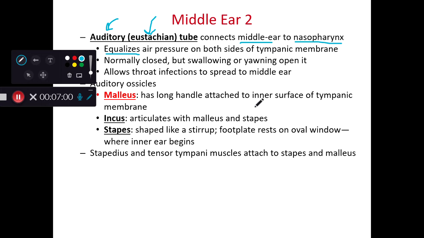Normally, the eustachian tube, and I'm a bit older, so I'm going to say eustachian tube because that's how I was taught, is going to be closed, but yawning or chewing or swallowing helps it to open up. This is one of the reasons why, if you're taking a young child with you on an airplane ride, you oftentimes give them chewing gum during landing and takeoff to help them open up their eustachian tube and